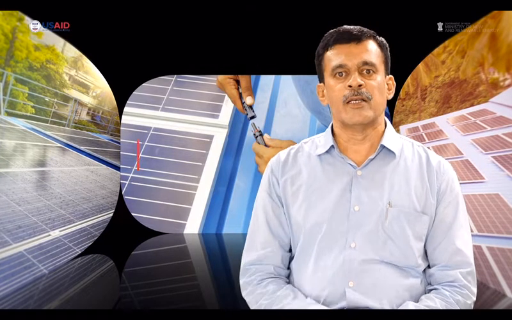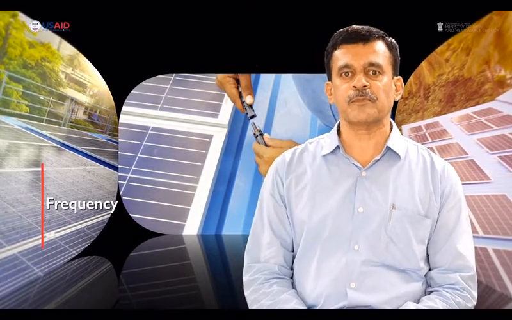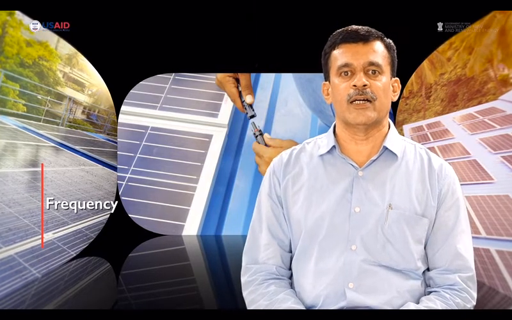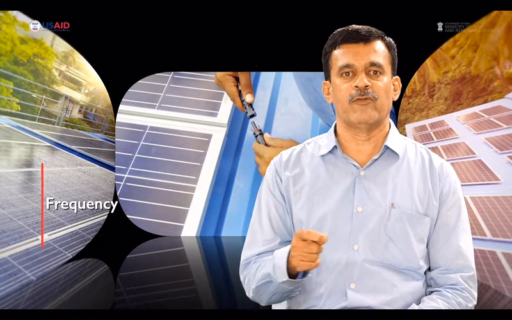If the voltage goes either below 80% or above 110% of the rated voltage, the system must stop feeding into the grid. Similarly, frequency is another major parameter of the grid. CEA guidelines say that between 47.5 Hz and 50.5 Hz, the system can feed into the grid. But if the frequency goes beyond these limits, the system should stop. So this is the range of the frequency given in the parameters.